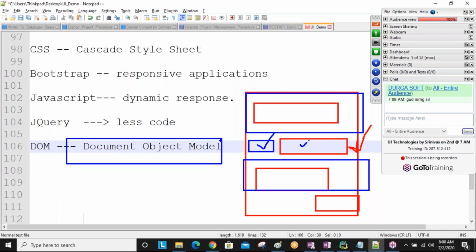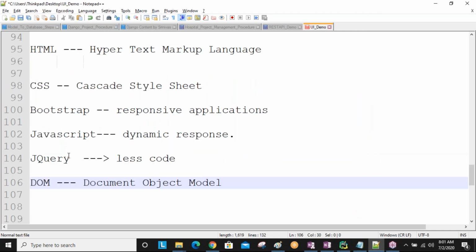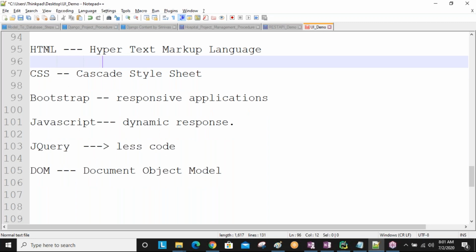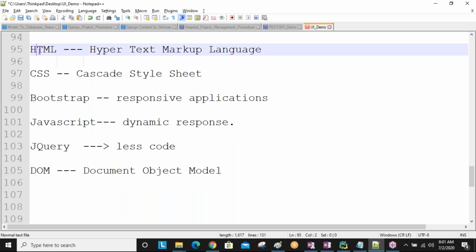Getting this one? In our UI technology sessions we are going to learn all these things clearly and regularly: HTML, CSS, Bootstrap, JavaScript, jQuery, and DOM. HTML is for static, responsive developing. CSS is for providing styling to our HTML. Bootstrap is for developing the responsive design for our application.